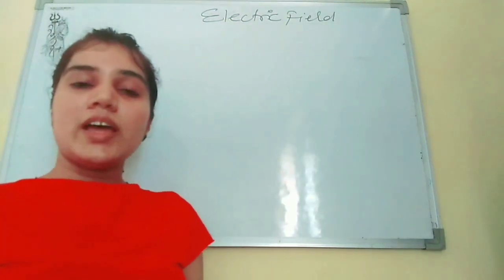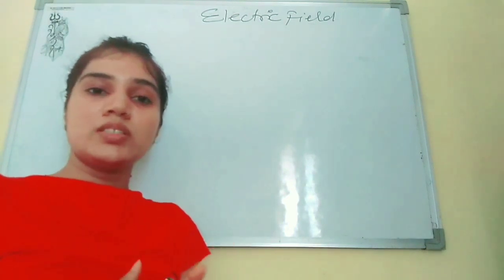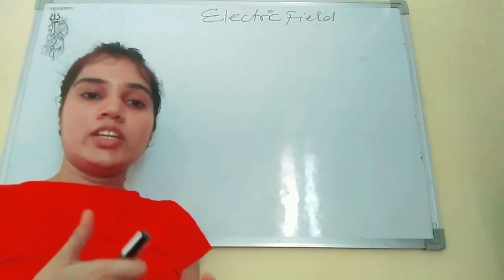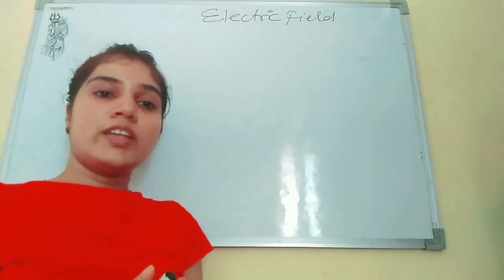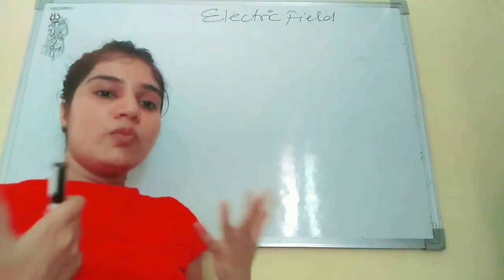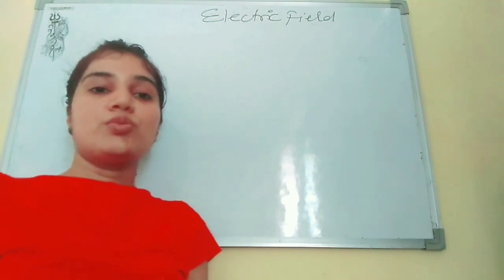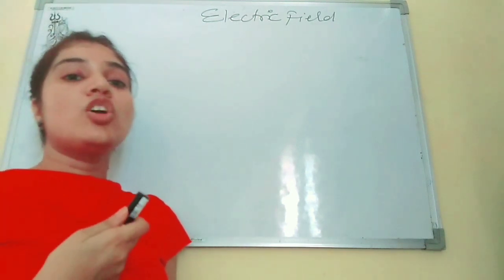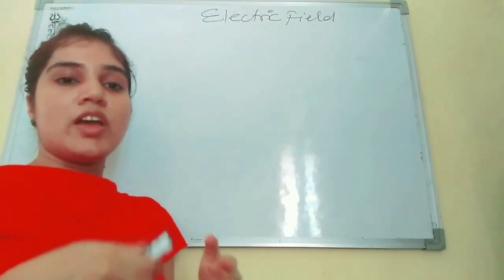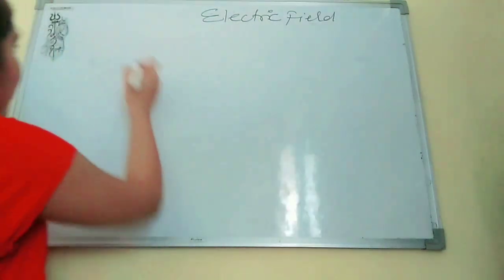Friends, for a very long time we have been discussing the electric field. We have seen so many related topics, and the links are already given in the description box, so you can go through them. This is the first chapter of your class 12 physics. We have covered electric field due to a point charge, due to multiple charges, Gauss theorem, and applications of Gauss theorem. All these topics we have already covered. Now today we will see the electric dipole.